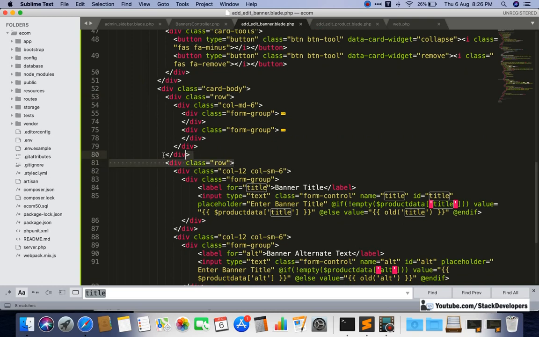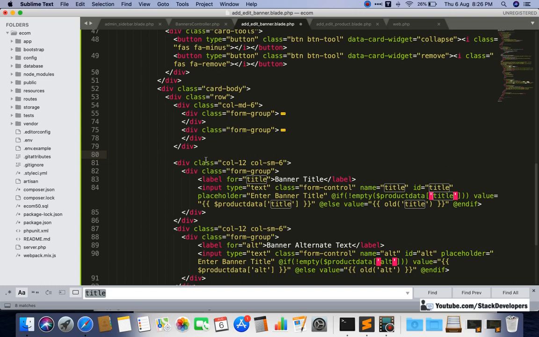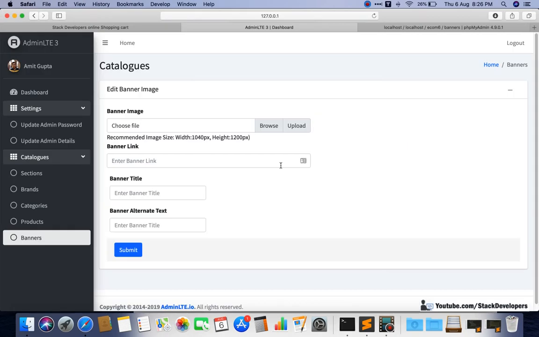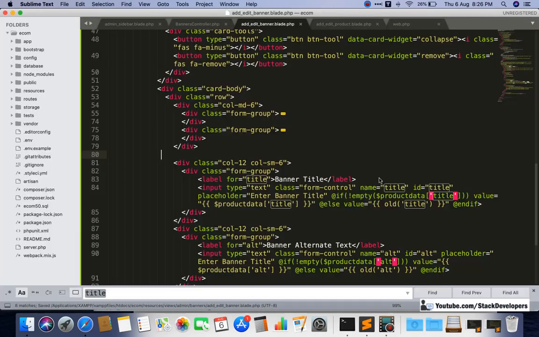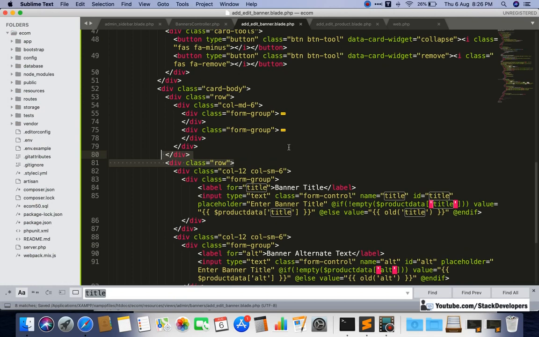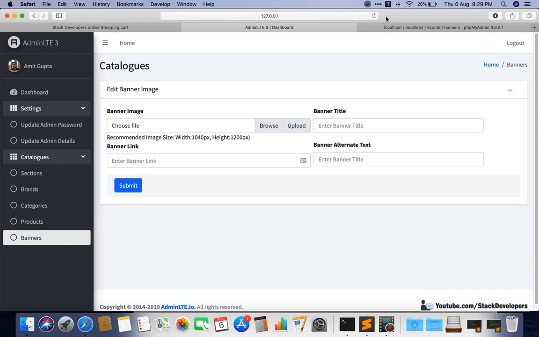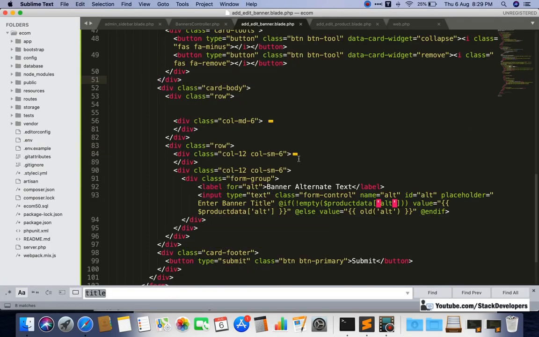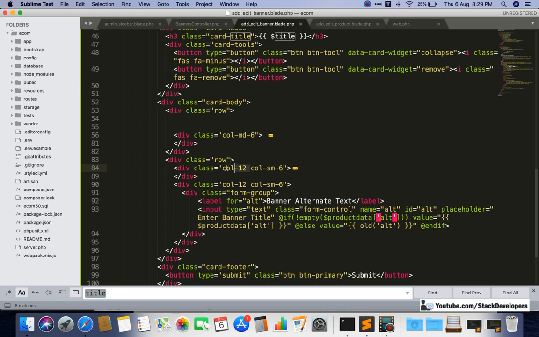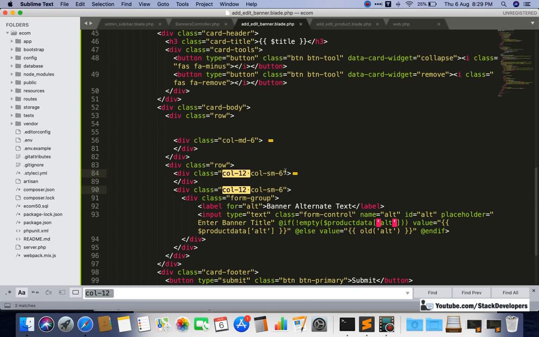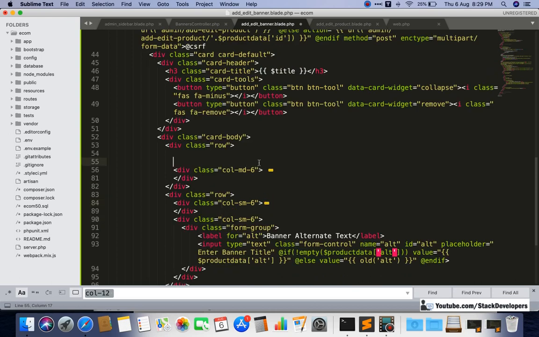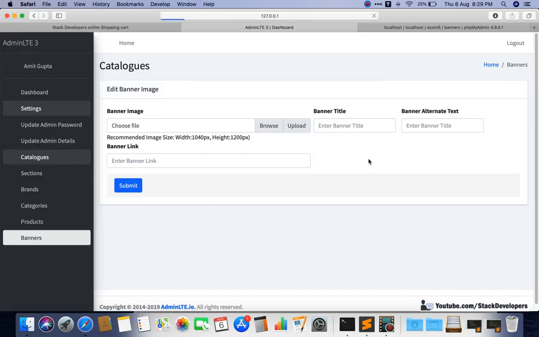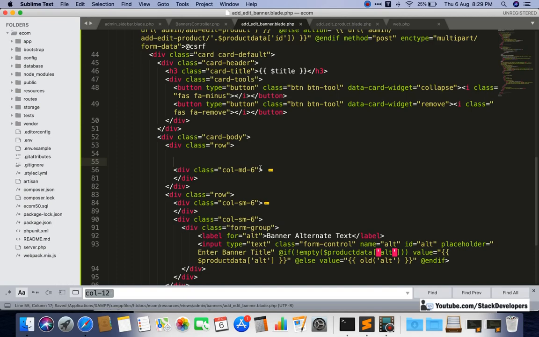If I will not use this, then okay. Okay, so we need to check where the issue is. So here we will remove this col-12 from here. Okay, and now we can check, and now it will work fine, I think.